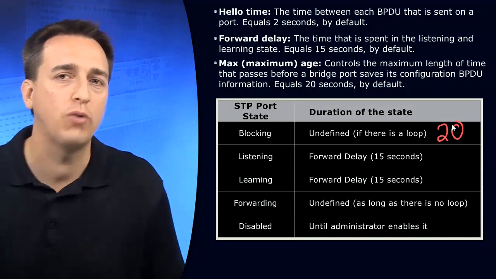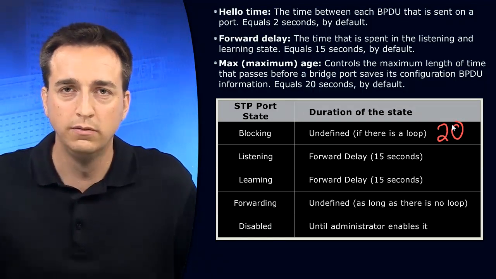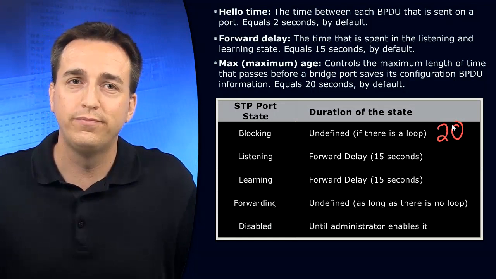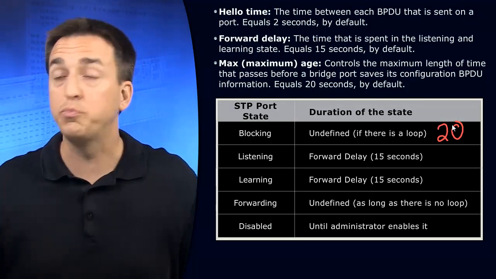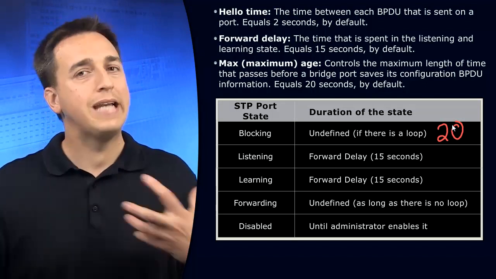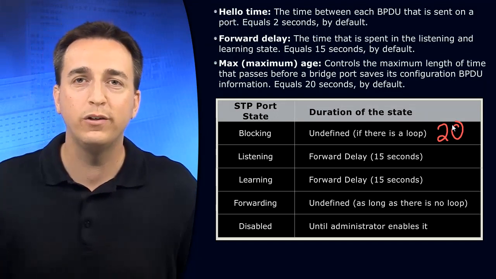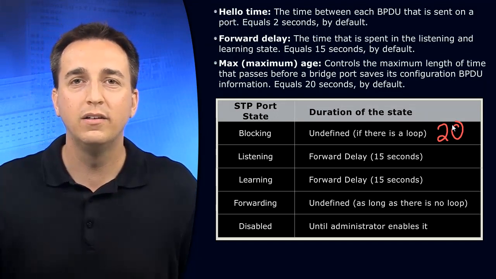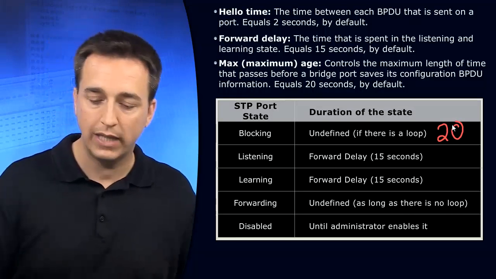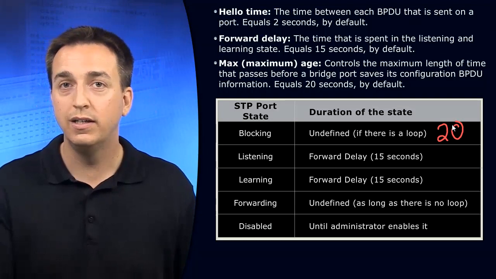So what happened to all that traffic that would have been forwarded? Well, more than likely, it never reached its destination, because there's a problem with the layer 2 topology. But the transition didn't happen yet because that BPDU, well, we have to wait for it to expire. 20 seconds. So we stayed in that blocking state for 20 seconds. Once the 20 seconds was up,